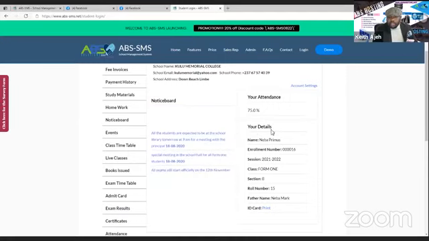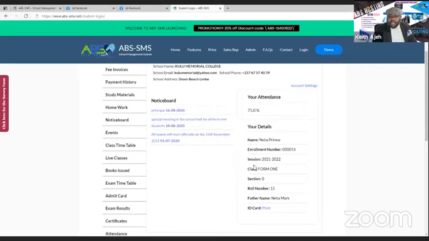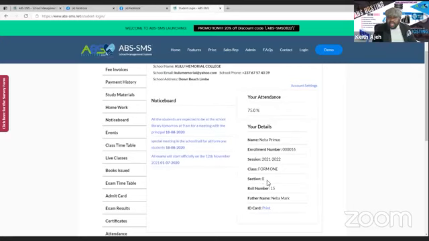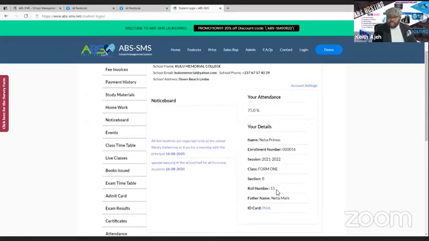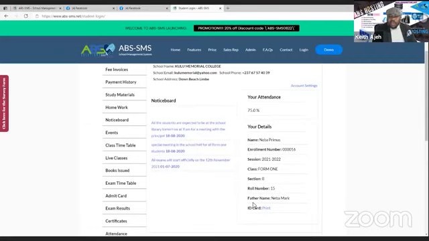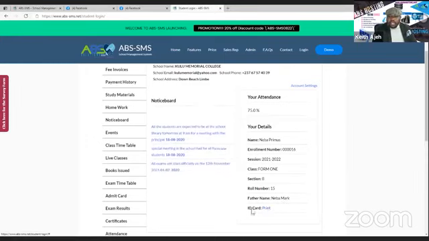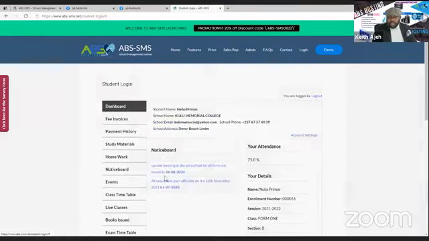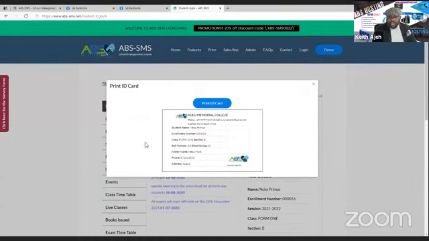Other important details are the student name, the enrollment number, their session, the class that they're in, and the section of the class, Form 1B. The roll number in Form 1B is roll number 15. And the father of this student, that's his name right there, Neighbor Mark. And if the student wants to print their ID card, this is where they'll simply do that. Just hit print and the ID card populates. And then you have an ID card for your school.